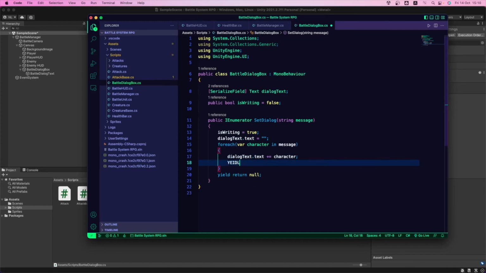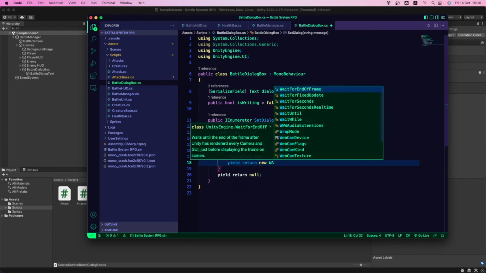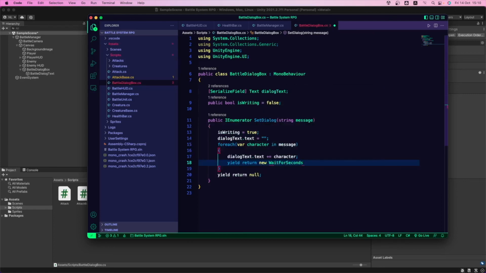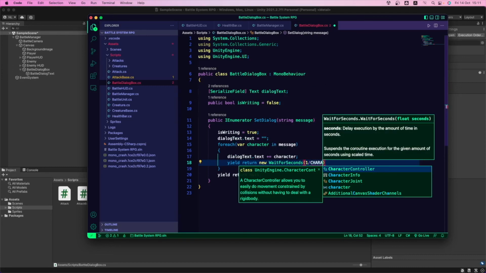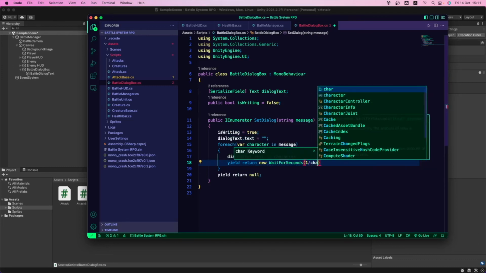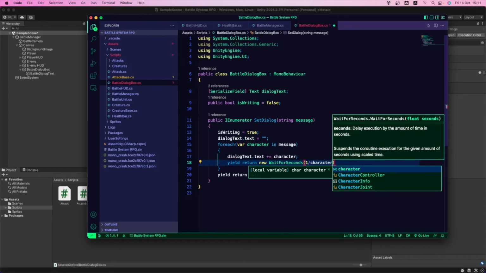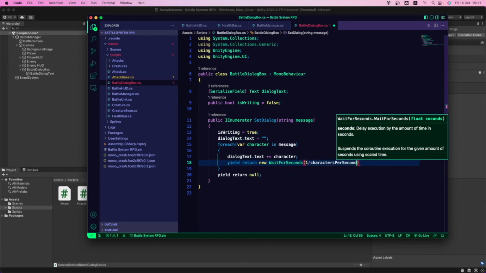So we're going to yield return new, and this is where it gets interesting. WaitForSeconds. We can use the real world time to wait before other things start happening. We're going to wait 1 divided by this value that we're going to assign, characters per second.